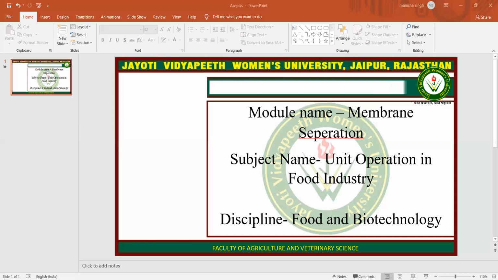Such transport occurs in a sequence of 3 steps: evaporation on the higher temperature side, transport of vapor molecules through the pores of the hydrophobic porous membrane, and condensation on the low temperature side. It is one of the membrane processes in which the membrane is not directly involved in the separation. The only function of the membrane is to act as a barrier between the two phases, and selectivity is completely determined by the vapor-liquid equilibrium involved. This means that the component with the highest partial pressure will show the highest permeation rate.